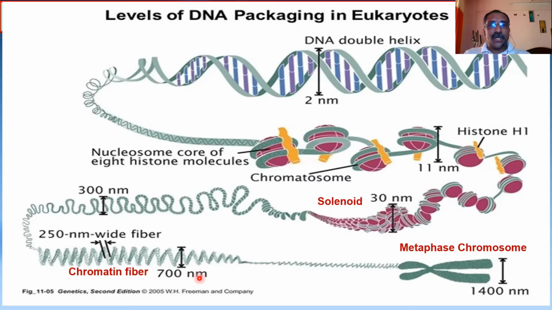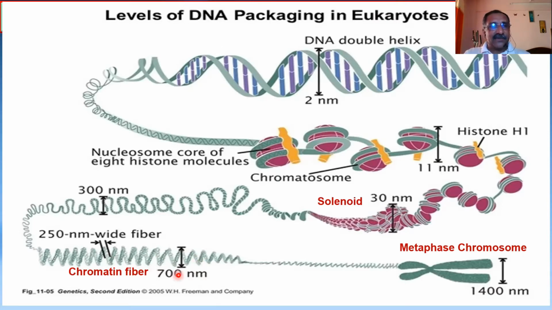It has become short, but at the same time, it has become thick. Here, it is thin. Here, the DNA fiber is thin and long. But here, when you come over here, you can see that the chromatin fiber is thick. The chromatin fiber is thick and it has become short. Clear? Students, are you hearing me? Is it clear to you what I said?